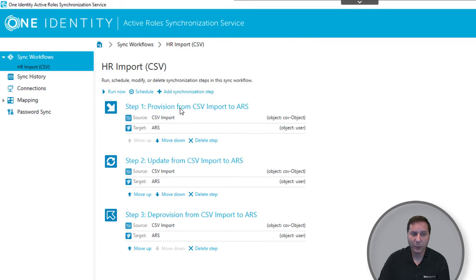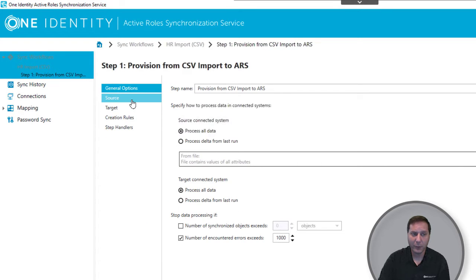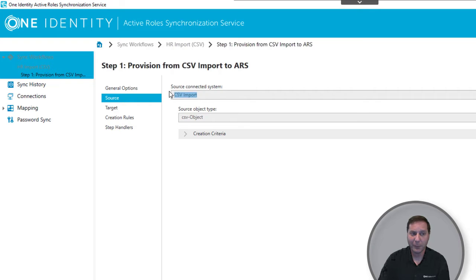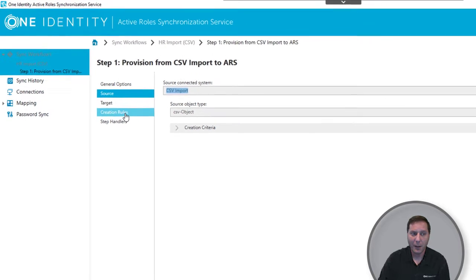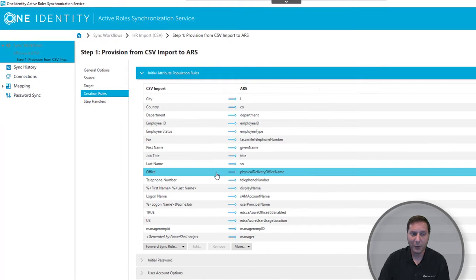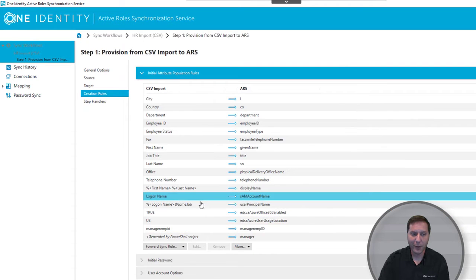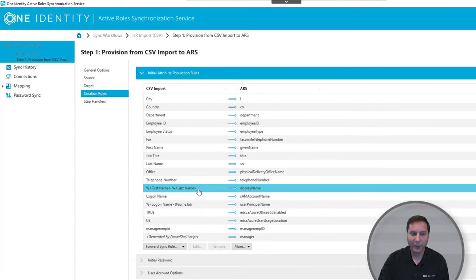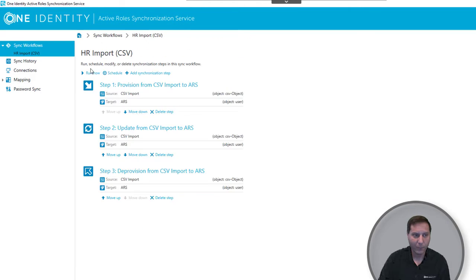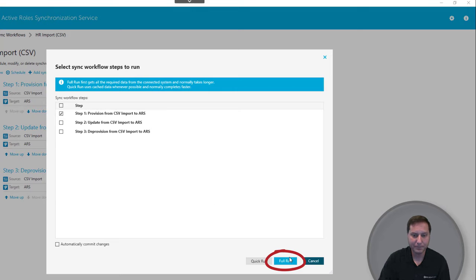First, we provision users. Pretty simple and straightforward. We select where they're coming from. In this case, I'm just going to use a simple CSV. And then we tell it how we want to create them. And you can see here I've mapped all the different things. I've even mapped multiple things. So for example, I'm taking my display name and using the first name, a space, and the last name all together while removing any extra spaces at the beginning or end that might exist from somebody's fat fingering in HR. And let's see that actually happen.